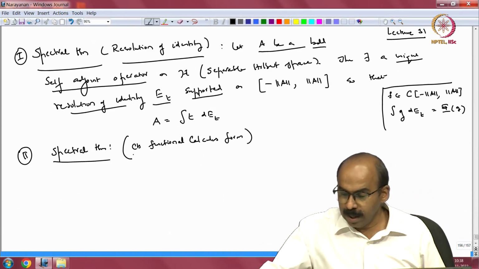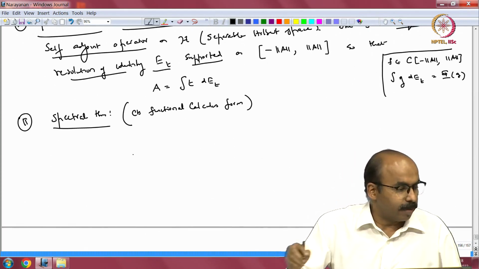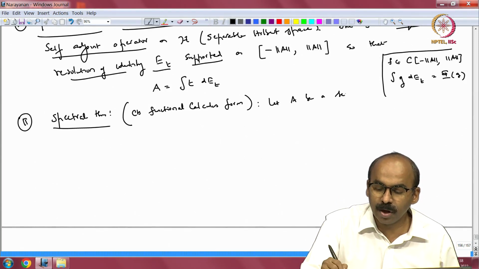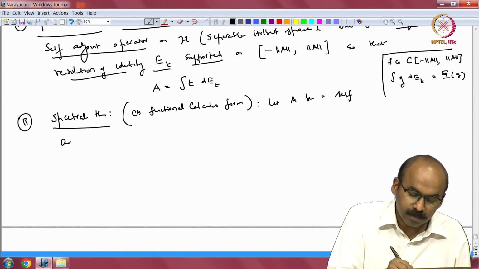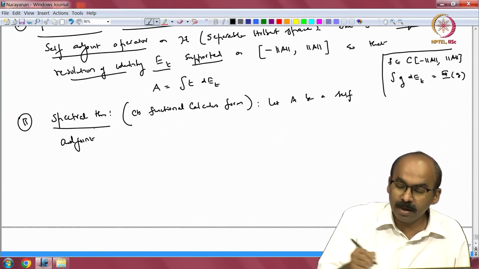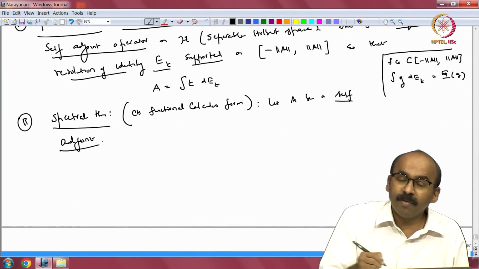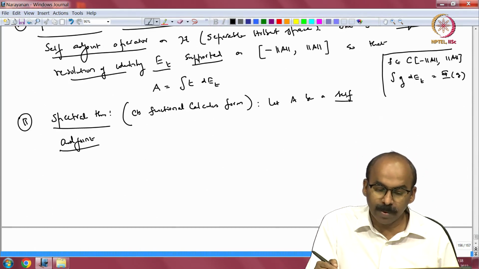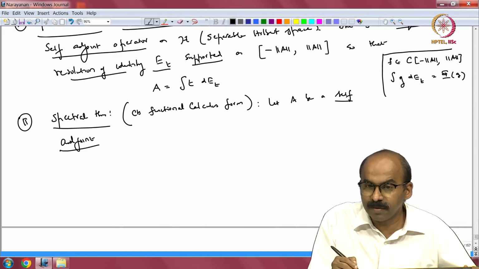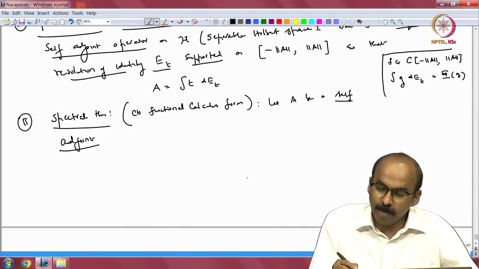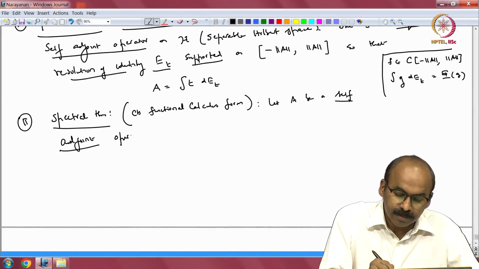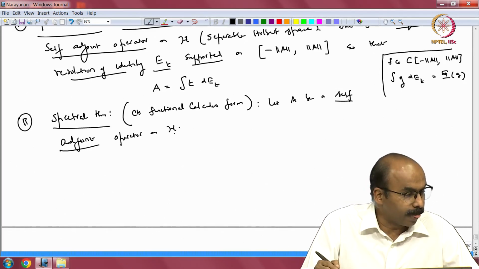Again, this is something you have already seen. So, let me write this. Let A be a self adjoint operator. Everything right now is being written for self adjoint operators. With appropriate care one can write it for normal operators as well, but we will stick to self adjoint operators because the resolution of identity etcetera was defined for such operators. Let A be a self adjoint operator on H. Then